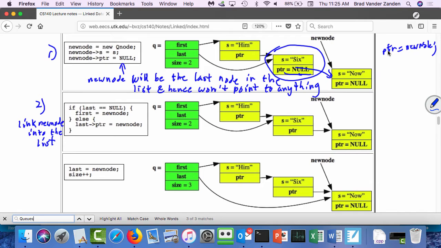So we do have a pointer to this node. What is the pointer to that node? Last. Very good. So we can say last arrow pointer, and that will set the pointer field of the object pointed to by last to new node. So what this does right here, this is the code right here,